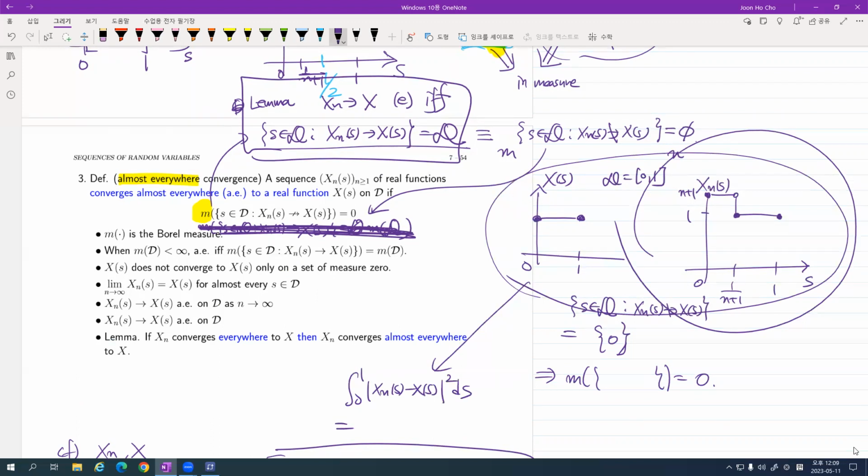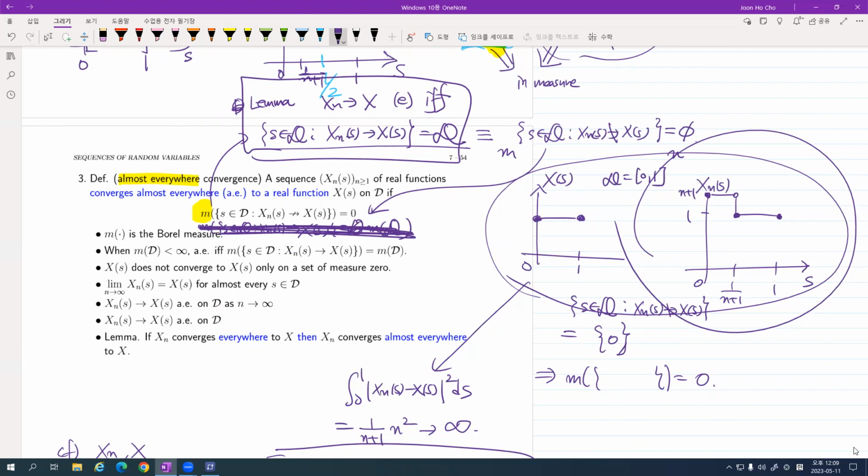Then what is your integration interval? Just 1 over n plus 1. And what is your difference? n squared. And this blows up, right? So this sequence of functions, even though it converges to the target almost everywhere, does not converge in the mean square sense. It does not converge if you raise it bigger than 2 either. And it converges only when p equals 1 in this case.